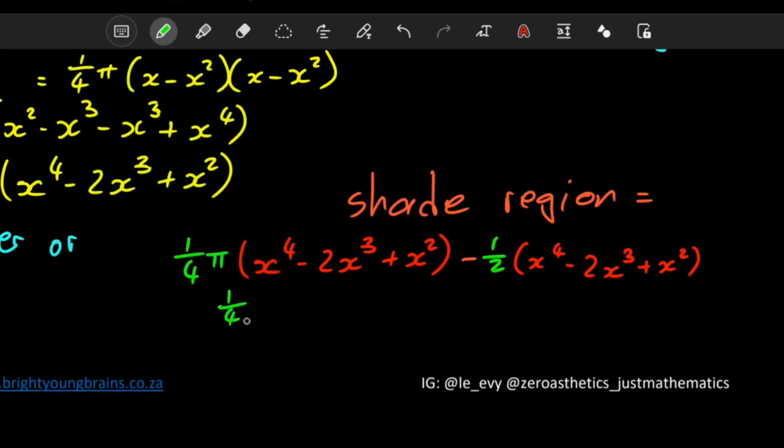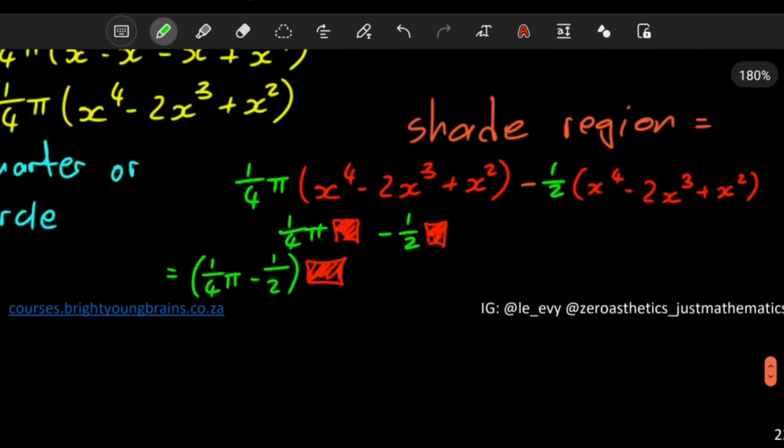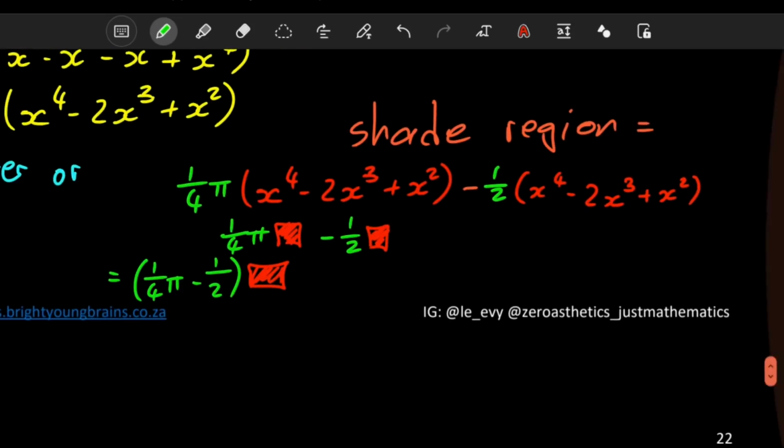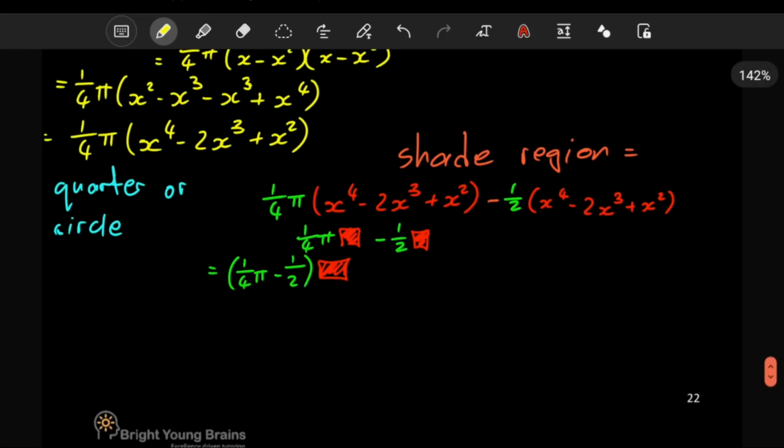It's just like a quarter pi here with a red thing here, and that red thing is also over there. So the red thing here is a common factor. So you're going to have the red thing there, like that. So this here is just representing this idea. In our scenario, what we are already seeing is that this is just a like term. So a quarter pi minus a half pi is just going to give you this here. So what we have up there can just be simplified to